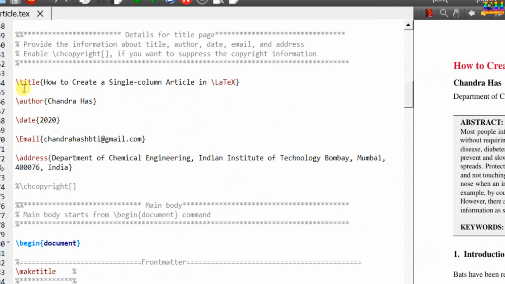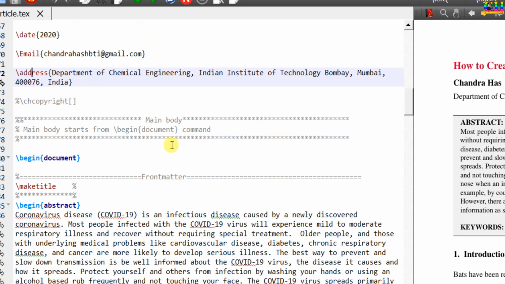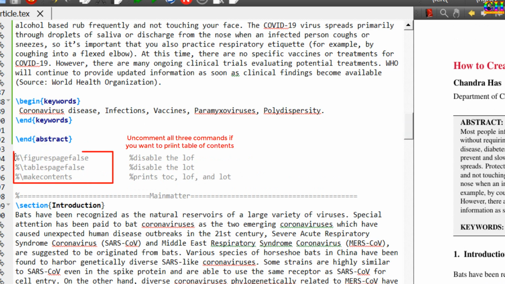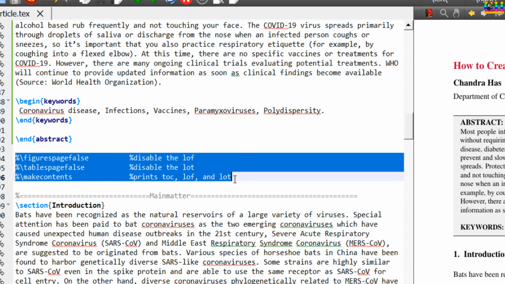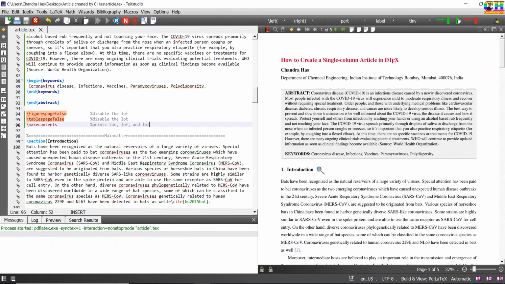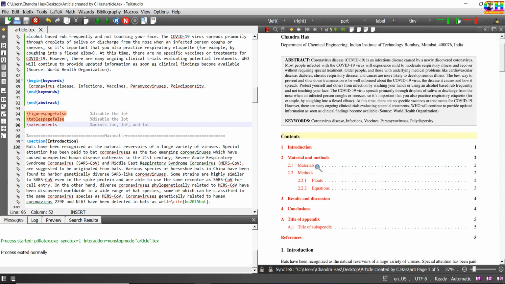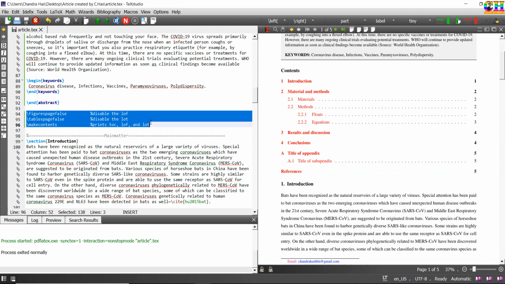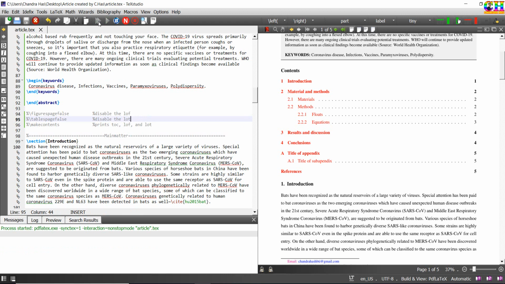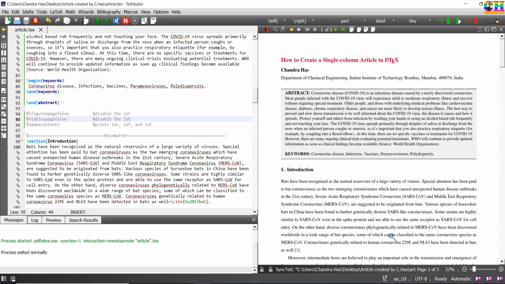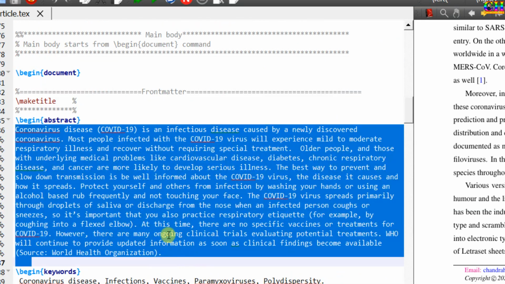In the next, you can provide title information, author, date, email ID, address. Then abstract, keyword,